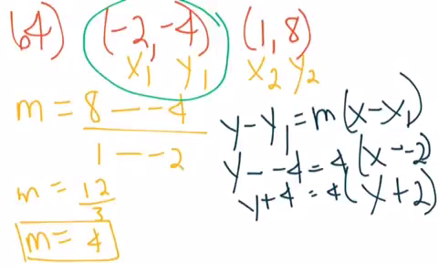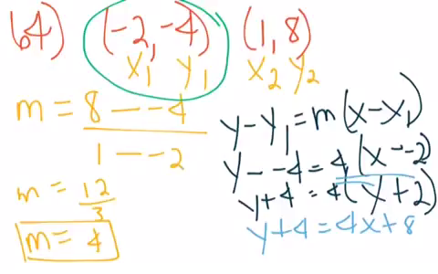Now we need to distribute. 4 times x is 4x, and 4 times 2 is 8. Now subtract 4 from both sides. So you have y equals 4x plus 4. I believe that's